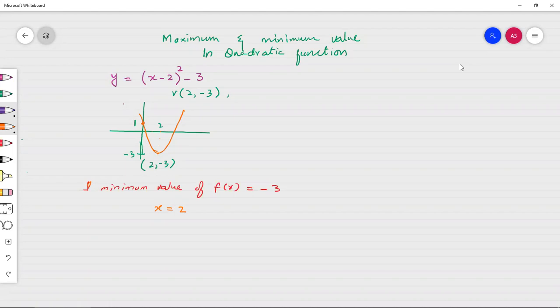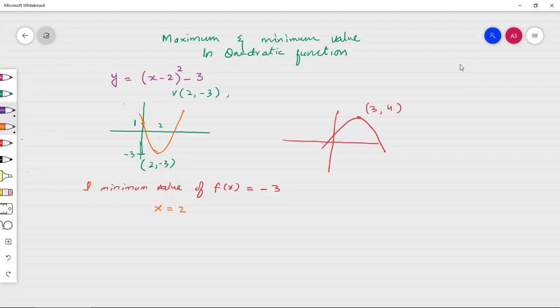If we ask the minimum value of f of x, then remember that this would be negative 3. The minimum value of f of x means the minimum value of y. So one more function: if the x square coefficient would be negative, a function like this whose vertex is, for example, 3 and 4. In this case, when the x square coefficient is negative and the graph opens downward,